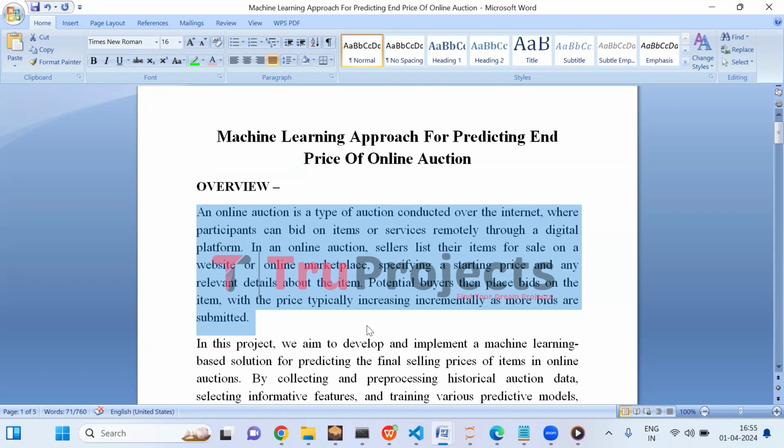Online auction has many benefits. One of the benefits of online auction is accessibility. It is accessible to a global audience. That is, anybody from any location can participate in the online auction. And it is convenient because we can participate from anywhere, that is, from home, office, or even from a cafe with good internet access. So online auction is widely accessible and convenient to participate.